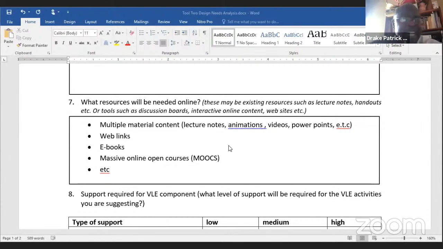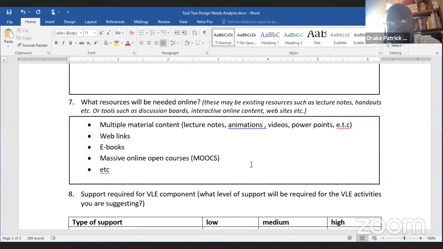Things like web links that bring a different context. I can assure you that whatever I'm sharing now, maybe if Professor Jude was to give it a soundbite, it would be a different soundbite. Maybe if Dr. Otto was to give it a soundbite, it would be a different soundbite. So each one of us has a unique authenticity in the learning process. So web links provide a reinforcing mechanism of how different perspectives can be articulated. We may need ebooks, and of course,